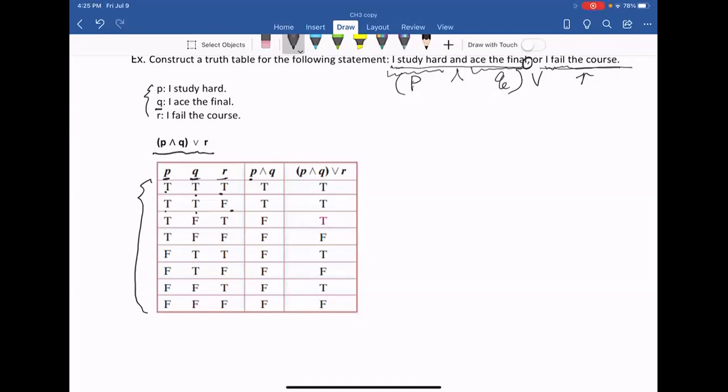From this statement, the first column I need to create is P and Q. So P is true, Q is true, the value is true. True and false, that's false. True and false, that's false. False and true, that's false. False and true, that's false. False and false, that's false. False and false is false. And then use this column, I need to